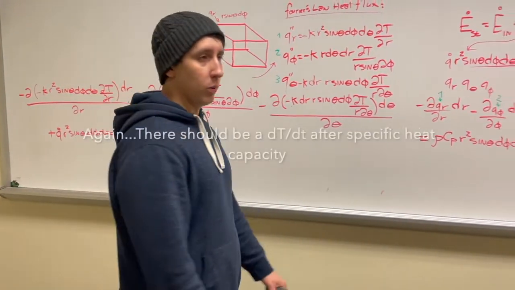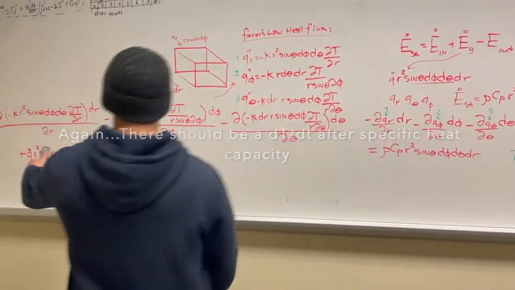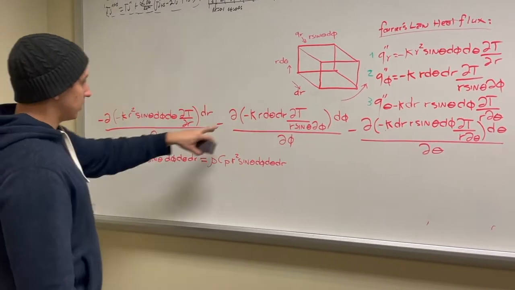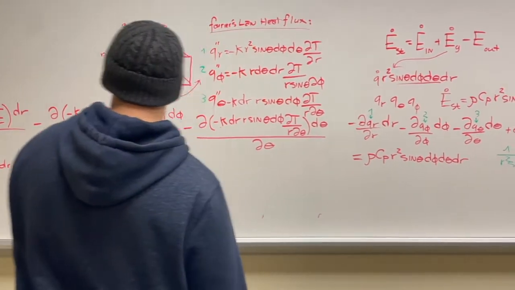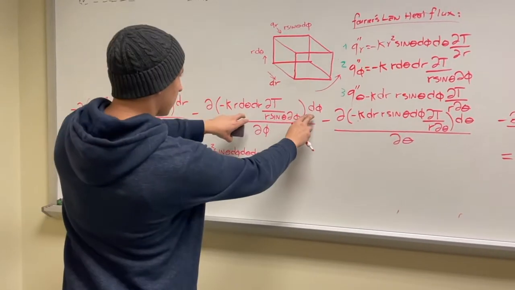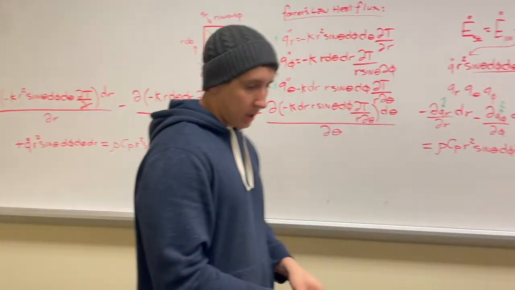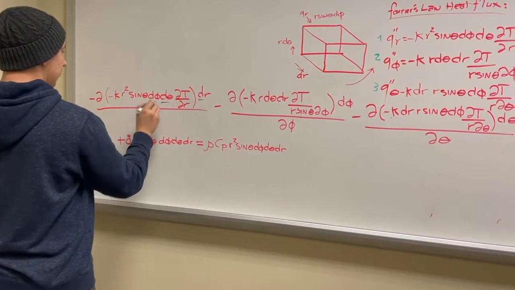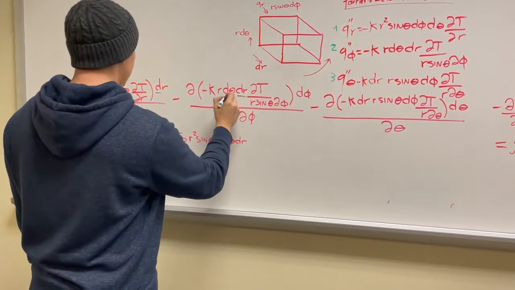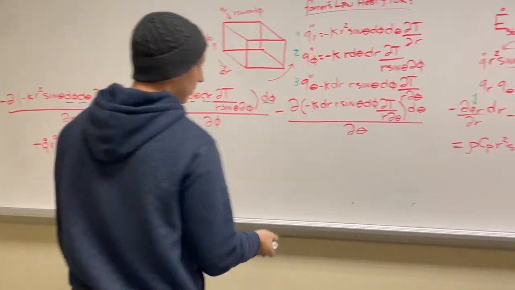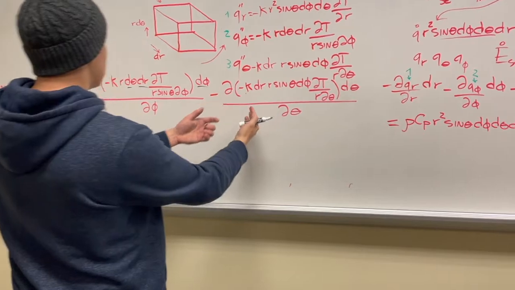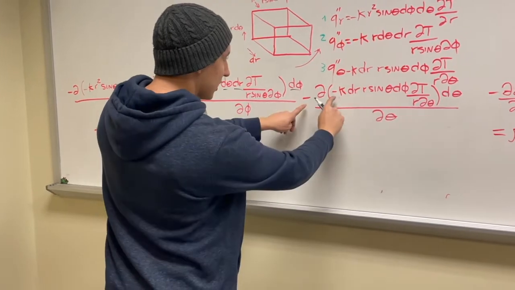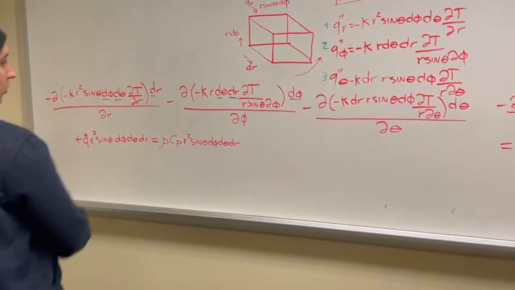And this is actually where it ends right here. So as you can see, like I was saying earlier, the negative k's cancel everywhere right here. And then what's going to end up happening is we factor these terms out. It's the same in every single case here. If you look, you've got a dr, a d theta, a d phi, a dr, a d theta, a d phi, and the same thing here. And since these are all just being subtracted from one another, or should I say added, because those are going to disappear in every case, you're going to take that out,